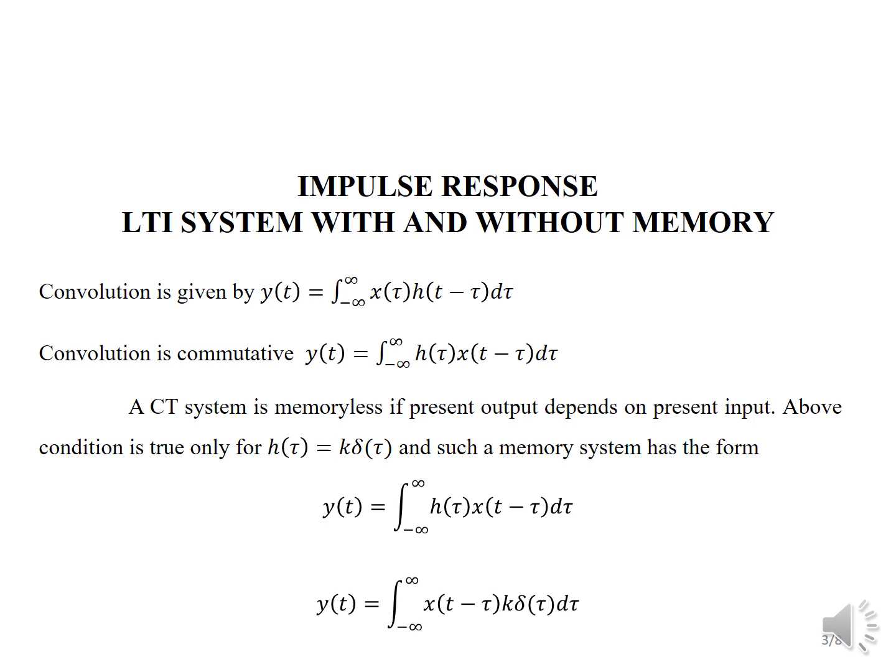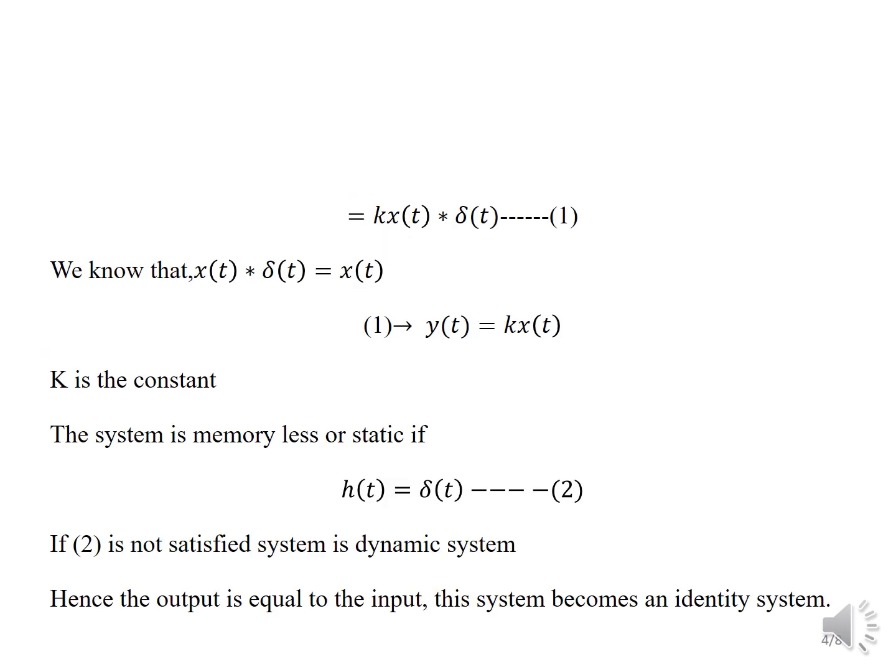Here the continuous time system is memoryless if the present output depends upon the present input. Therefore the above condition is true for h of tau equal to k into delta, and such a system can be formed by the memory system and can be given as y of t equal to integral from minus infinity to infinity h of tau into x of t minus tau into d tau. Here this is commutative, therefore we can just reverse this and write this equal to k into x of t